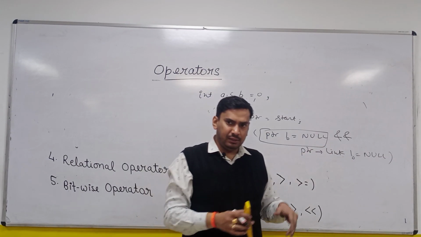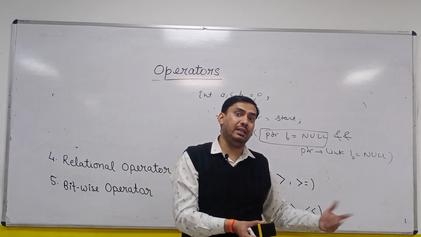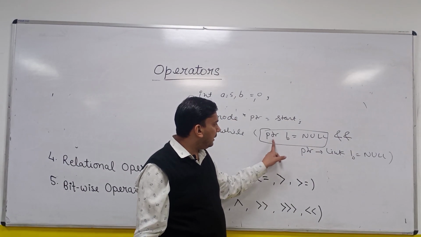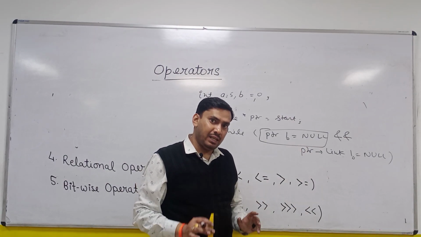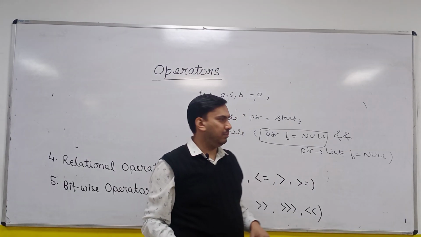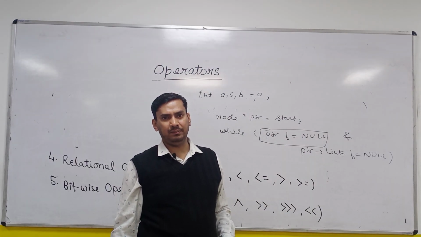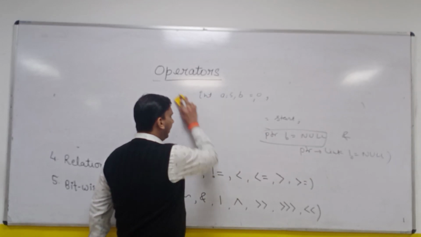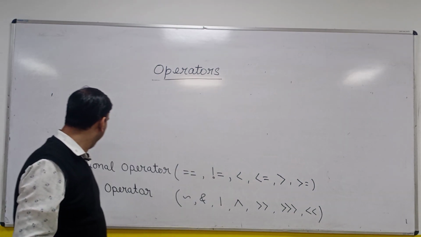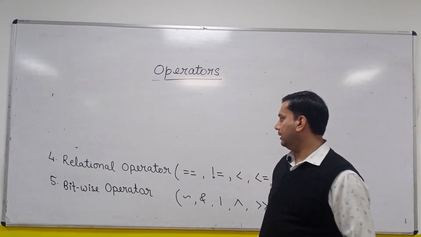Let's say you are at the null pointer and you are not checking whether ptr is null or not, and you are directly writing ptr link. A null pointer exception will occur because null does not have any link. That's why I am checking ptr is not null, which means ptr exists. If ptr exists, its link will also exist, so I can test ptr's link. But if you put only a logical AND here, it will give you a runtime error. Right? So this is the use of short circuit AND and short circuit OR operator. I hope you understood the concept of short circuit AND and short circuit OR.